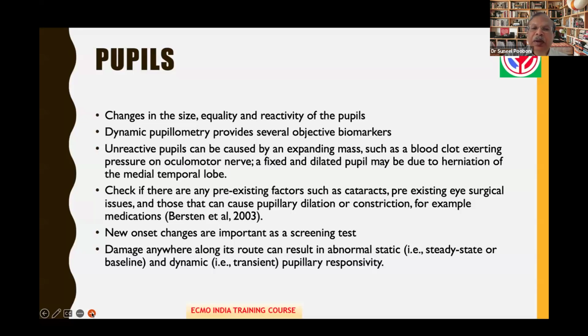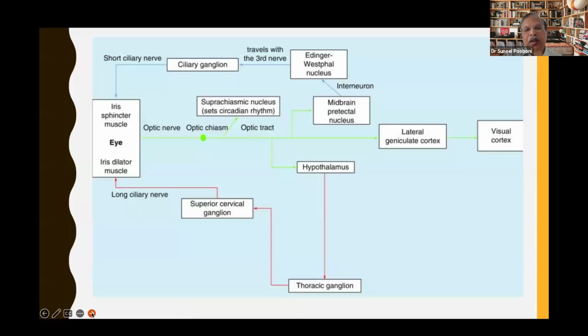And check if there are any pre-existing factors such as cataracts, pre-existing eye surgical issues, etc., which can interfere with the interpretation of these pupillary responses. New onset changes are important as a screening test too. Damage anywhere along the route of the optic pathway can cause abnormal static or dynamic pupillary